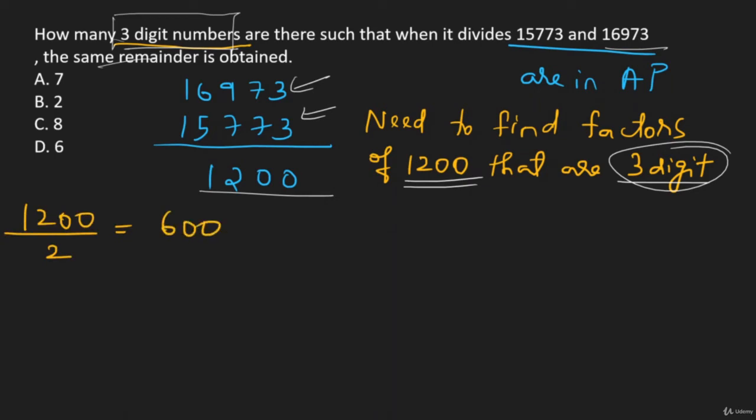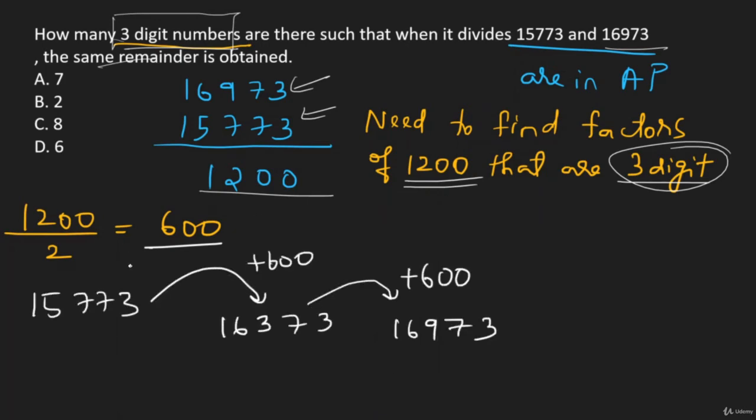What does that mean? Now let's quickly analyze that. It could mean that these two numbers are in an AP where the common difference is 600. So I can write it like this, right? You could have 15773, that's our number over here, and you have 16973, that's our number over here. If we take a common difference of 600, they could be in an AP where the common difference is 600. So the term between them would be